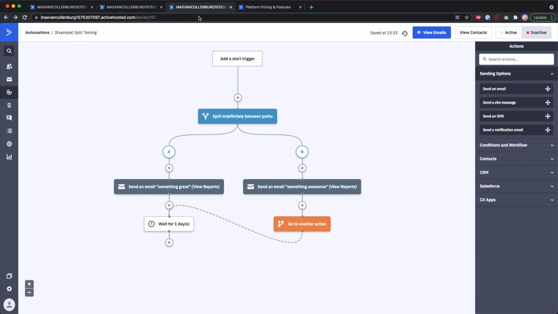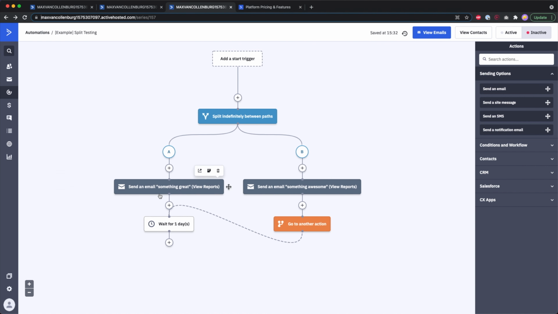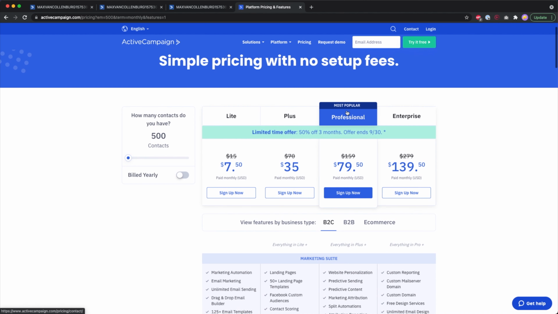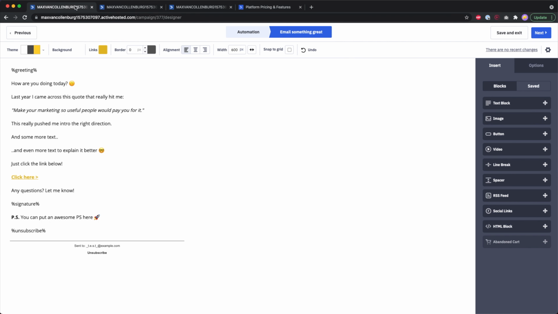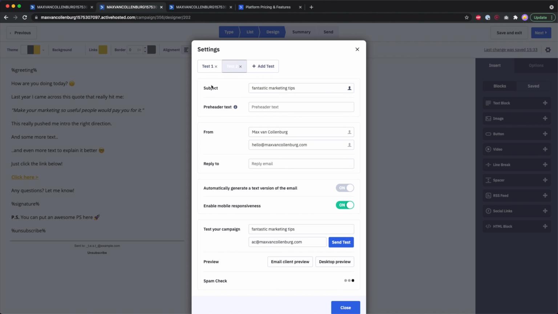It is possible to add an A/B test, they call it a split, to your automation. And then you can create path A, you can create path B, and then you can also test different things if you would want to. But if you would want to split test the sender information or the subject line, you would have to create whole new emails with different subject lines. And the split feature is also only available on the professional plan. You can see that over here, split automation. So yeah, I think that's really too bad. I would really have loved to be able to A/B test emails in automations like we can do over here in campaigns.